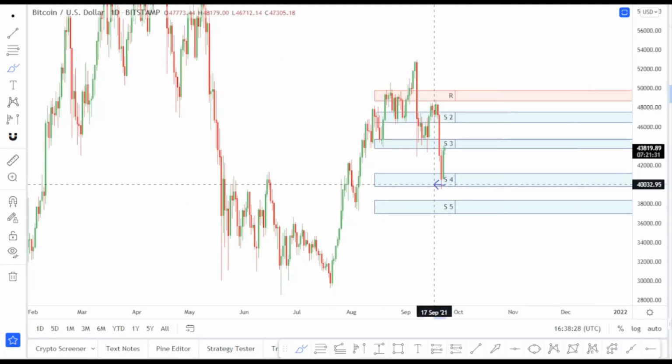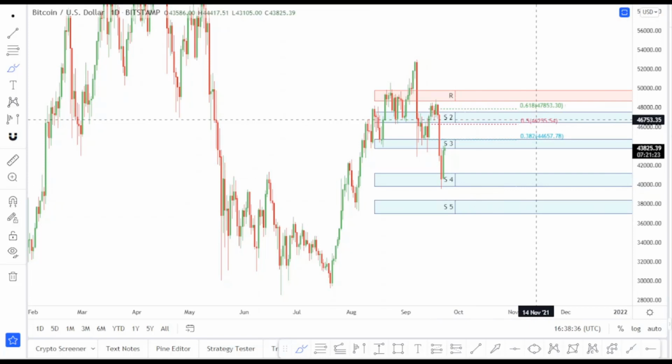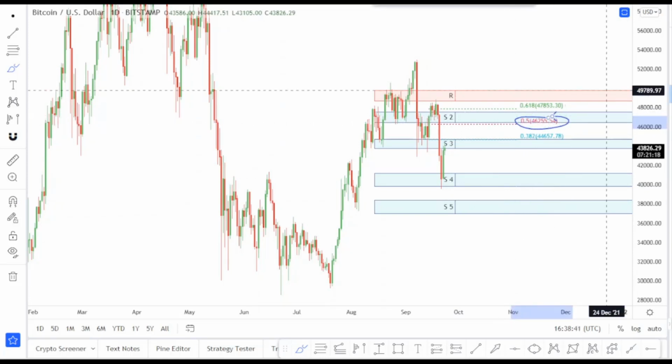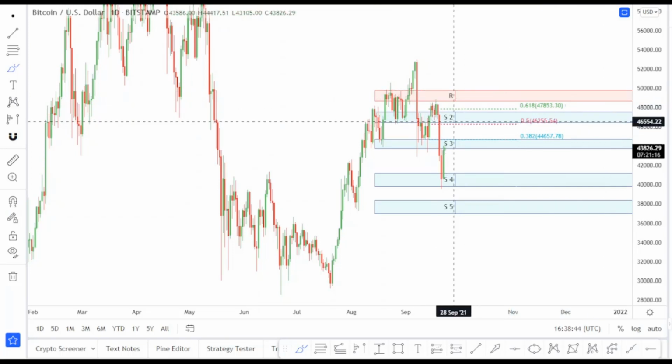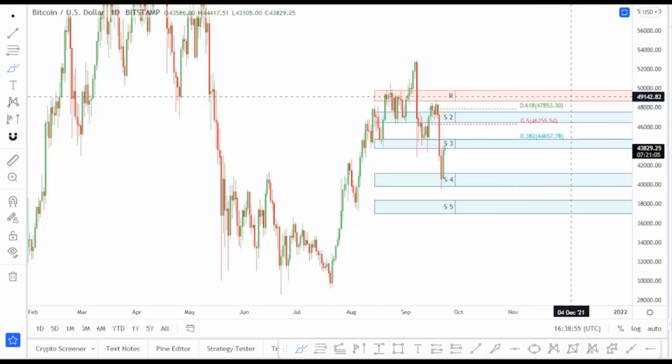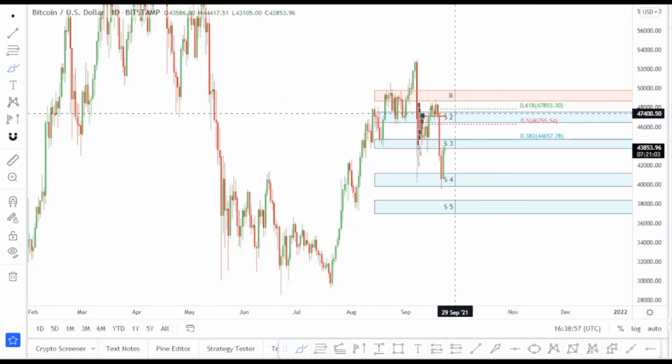However, if this is going to be a low, it is slightly early for us to talk about it. I've got Fibonacci levels, and there's a very important level on the daily time frame, 0.5, which is around 46,300, and that matched with the lower line of support 2. Nearly at around 47,550 we've got a match with the 0.618. At the same time, we've got another confluence: the point of control is literally in between the 0.5 and 0.618